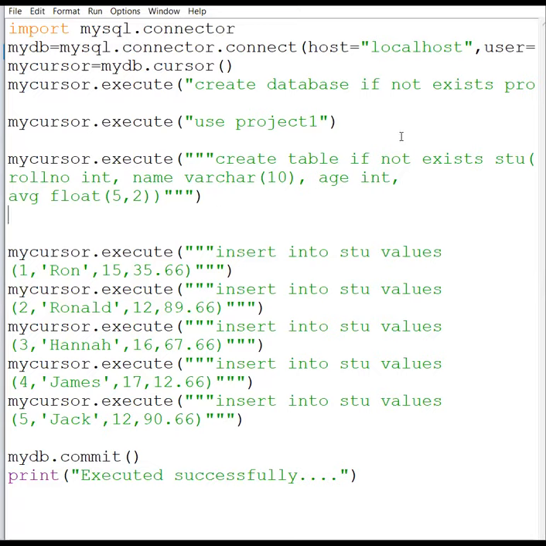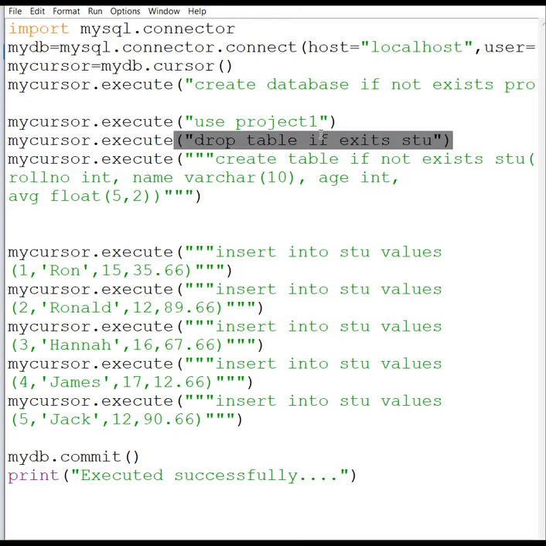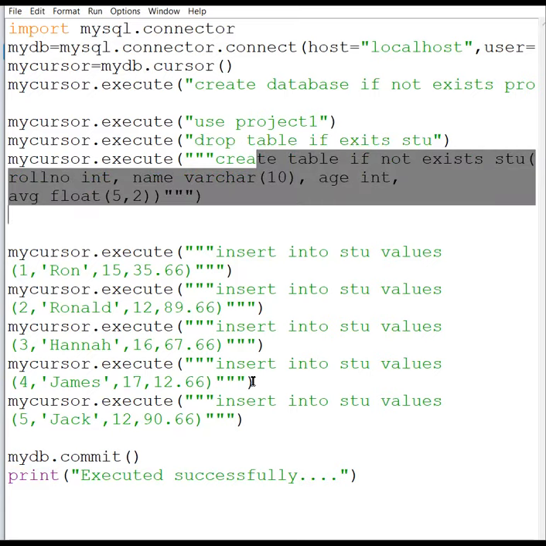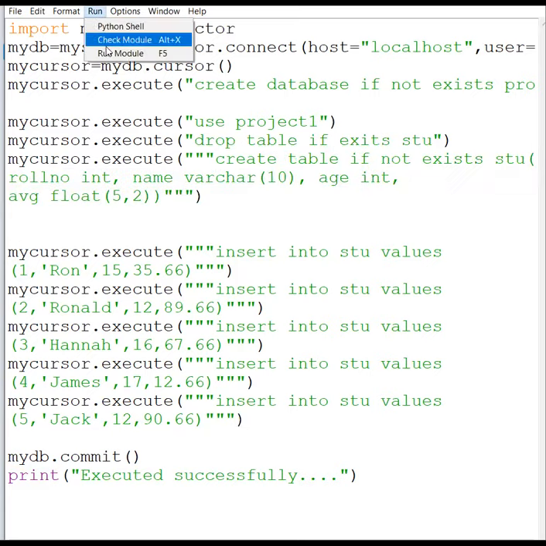See what we can do over here is we can drop this table. Over here only we can drop this table. It means if the table exists, better is to drop it over here only. Drop table if exist. Okay, this time you will not write if not exist. This time you will write if exist and the table name is STU. That's it. So it means what you are doing every time, whenever you are executing your program, every time you are deleting your table first, then you are creating this table. Then you are inserting all the values. Fine. We will check this now.